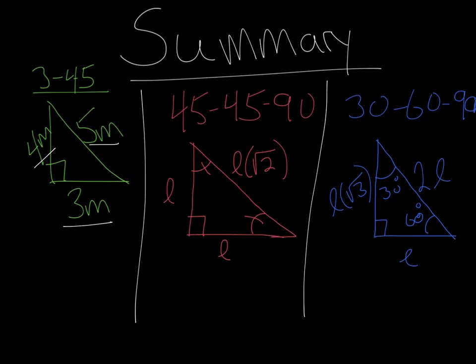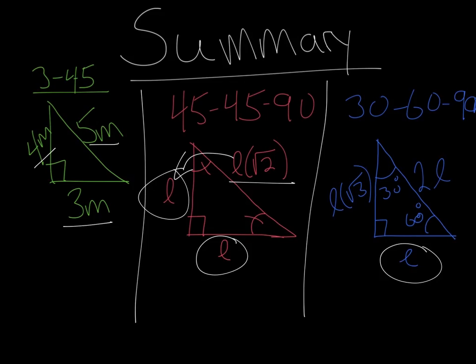With the 45, 45, 90, if I know one of the smaller sides, all I have to do is take it times the square root of 2 to find the hypotenuse, and they would be the same. If I know the hypotenuse, I would divide by square root of 2, and that would get me back to my smaller sides. And then looking at the 30, 60, 90, if I know one of the sides, say I